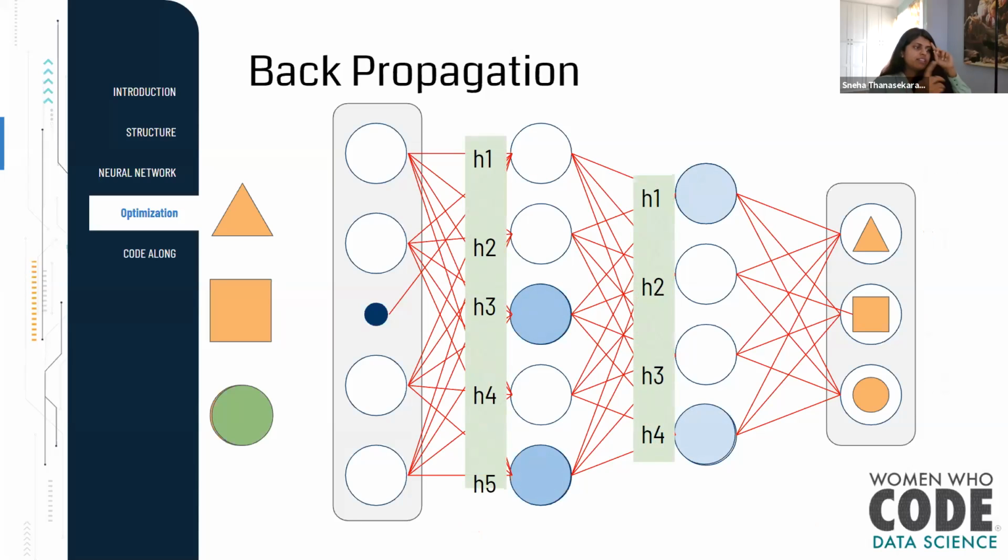And this right now is one epoch, that is, one iteration is complete. And as you know, epochs are usually in ranges of hundreds and thousands. So the feed forward and back propagation happens about 100 times, or however many times the epoch is set to